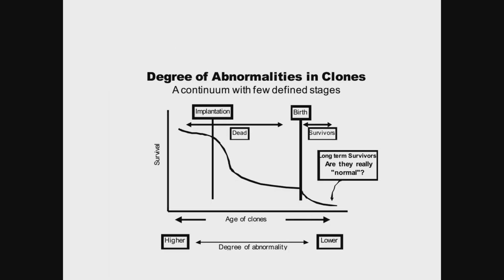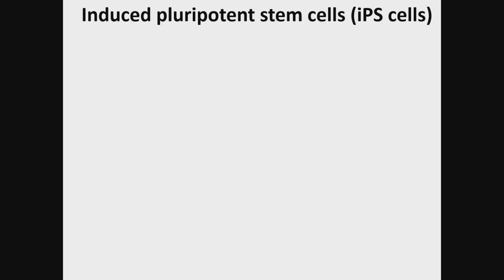So these are also the degrees of abnormalities, and you can see that with the age of the clones, the ones that survive are the most normal ones, but we have many, many defects, and they will die really early. And then the ones that survive and were able to make it to birth start having some defects as they get older. So because of all the problems with the stem cells and with the nucleus and all these things,